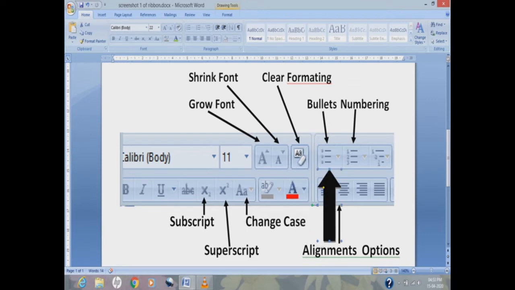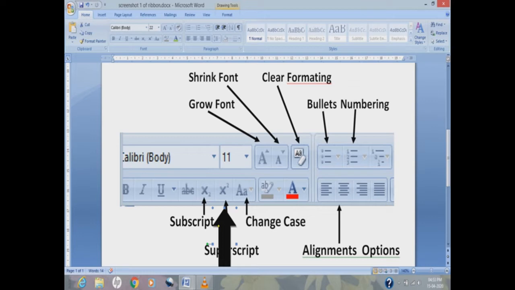Then we switch to bullet option and numbering. After that, I talk about superscript option and finally subscript option.